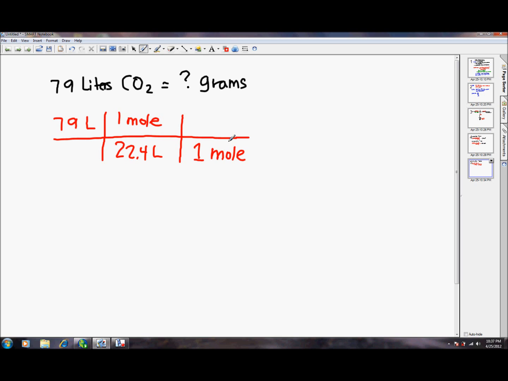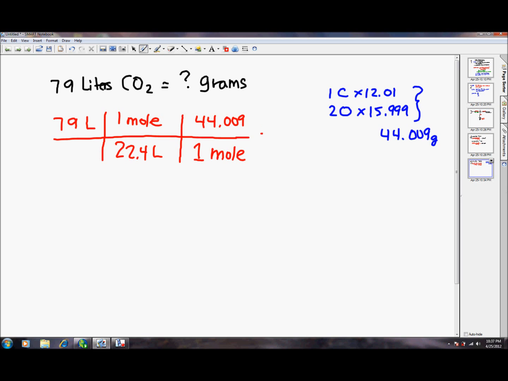Anytime you see a compound and you need molar mass, you're going to have to take a quick extra step. I write 1 carbon, 2 oxygens. Carbon is 12.01. Oxygen is 15.999. So 12.01 plus 2 times 15.999 is equivalent to 44.009 grams. That's the number that goes here, the molar mass of carbon dioxide,